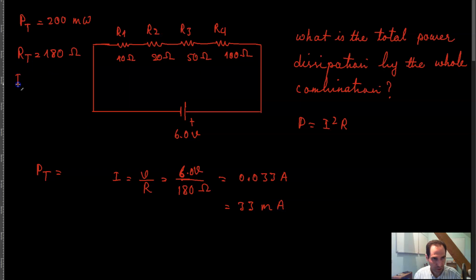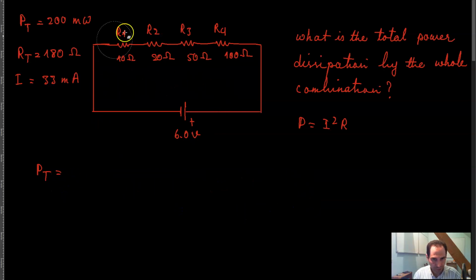33 milliamps. So I in the circuit is 33 milliamps. Now 33 milliamps is going through the circuit, meaning that through each of these resistors, a current of 33 milliamps is flowing. Now the total power dissipation in the circuit would be